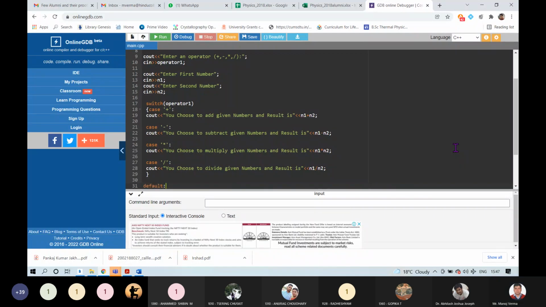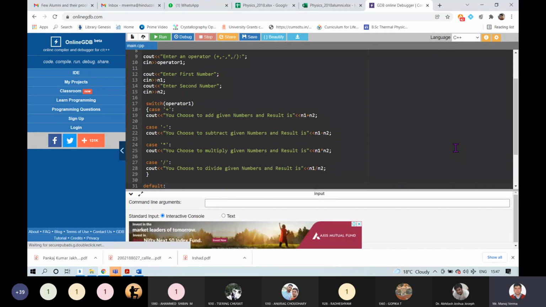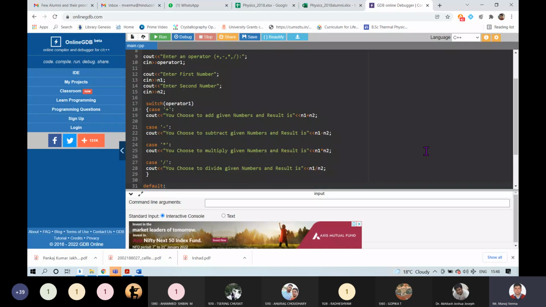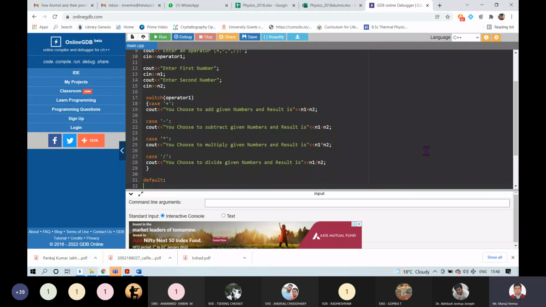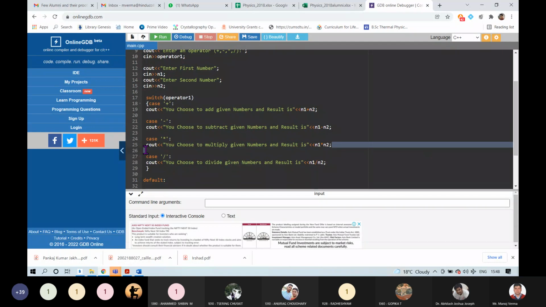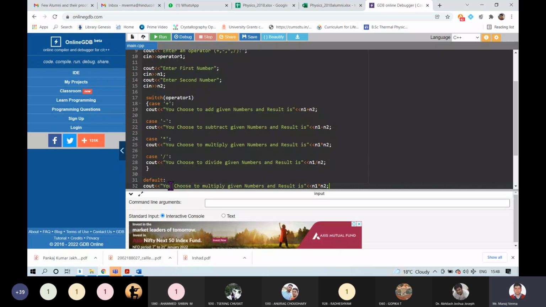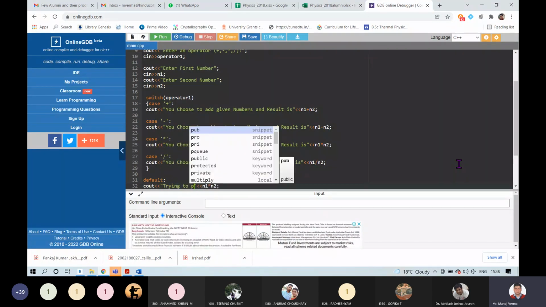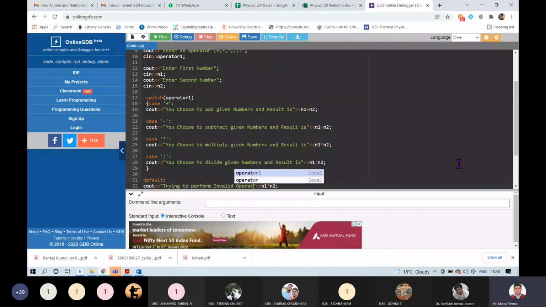If the user does not enter anything which matches your cases, then it will execute the block written after default. So for default, you can write trying to perform invalid operation.